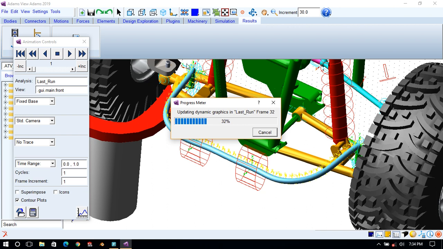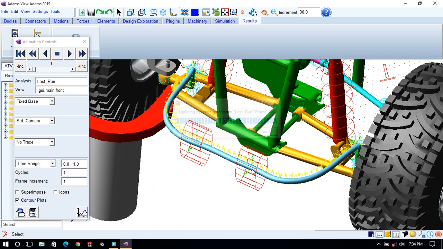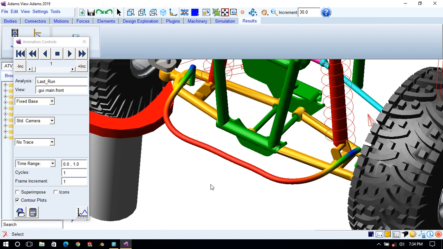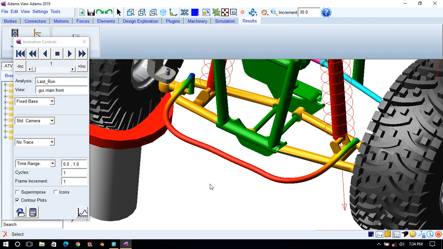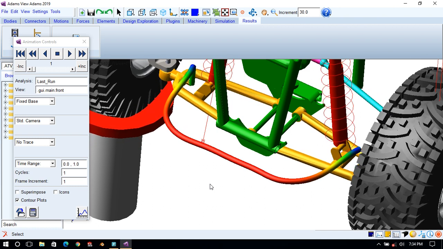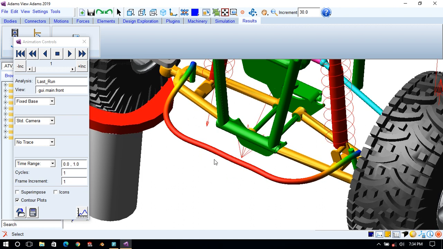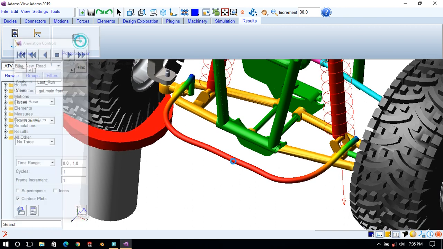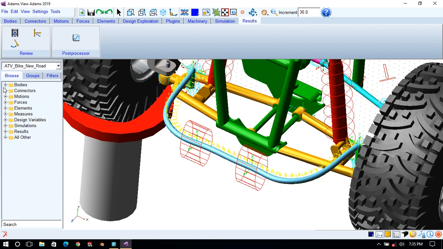So in this we have to create one guiding curve or spline, and by using that spline curve we have to create FE part, and we will use some bushing or bearings. In actual there will be bearings, but we will use bushings here. Bushing is a force element where we define its stiffness values. So we can see this deformation of the anti-roll bar. So we will start with the modeling part.